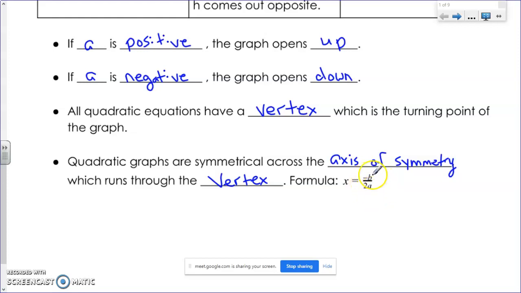Where did that come from? Anybody? The quadratic formula. It's the negative b and the 2a. It's the part that's not under the square root. Very good. Okay, does everybody understand that? Okay, let me